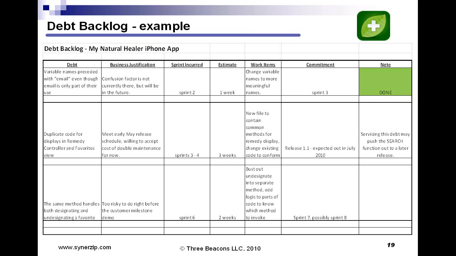And then we listed out what the work items were to bust out the undesignate into a separate method, add some logic in other parts of the code to know which method to call based on user action and things like that. And then in the commitment column, you'll see sprint 7, at worst sprint 8. And we did do this recoding in sprint 7. So this is just an example of how you can use a debt backlog to make your technical debt visible and track the commitment and ensure that these items go into your work backlog for your